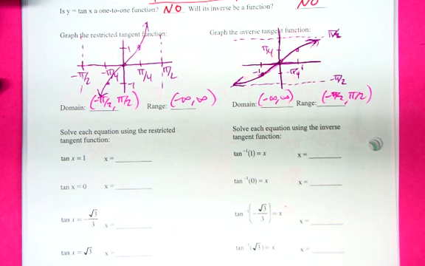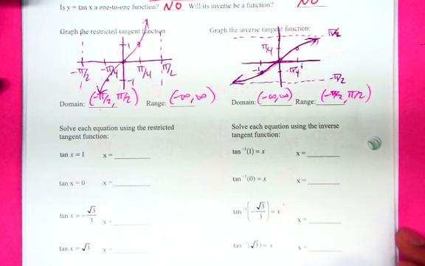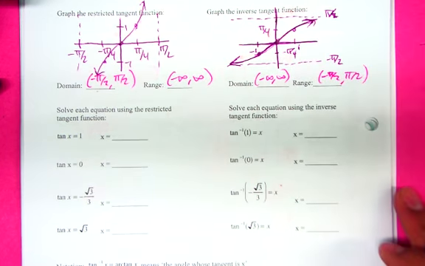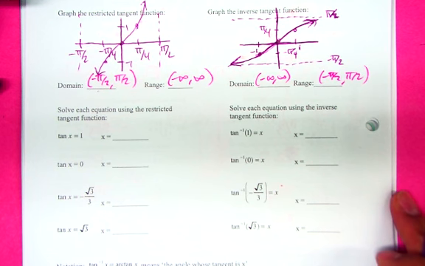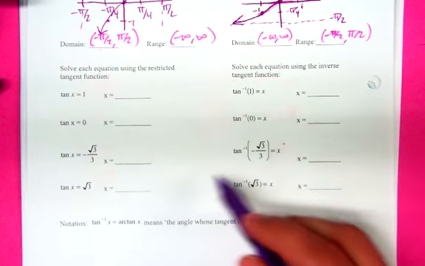You need to memorize the sine, cosine, and tangent restricted graphs and the inverse graphs, as well as their domain and ranges, because they're going to come in handy later on today, and then certainly when we review, it'll just make life a whole bunch easier. Okay. So to finish this section off,